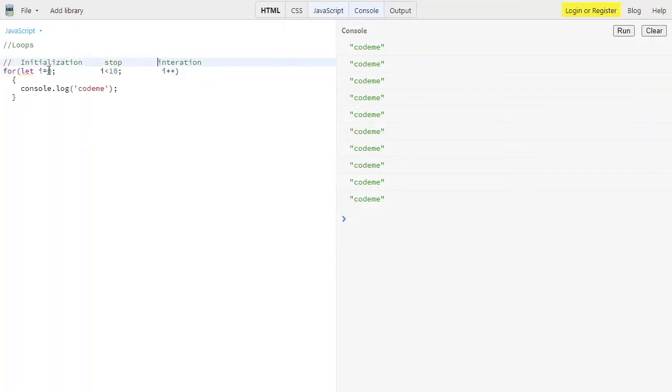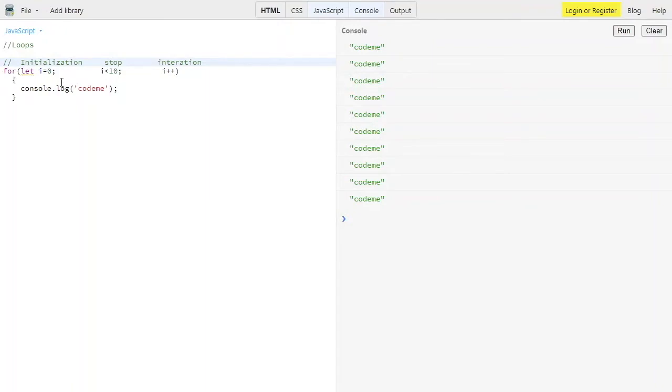So that's the first part. Here we are declaring or initializing a variable, and then putting the stop condition, that is, after how many counts it will stop. And then iteration means that we have to increment by 1, or we can increment by 2. So that's how the condition works.